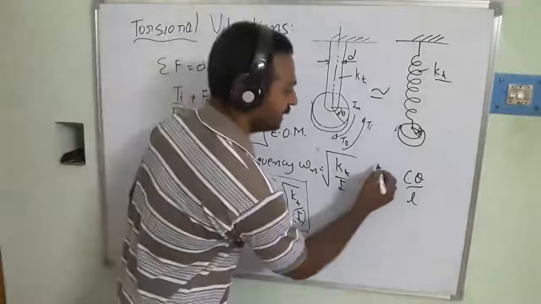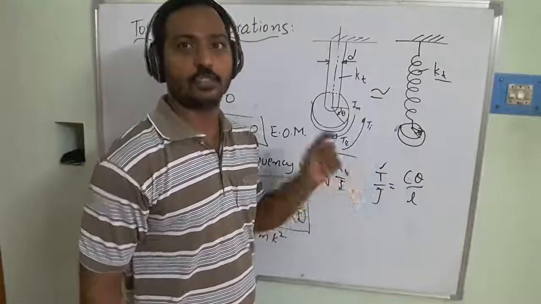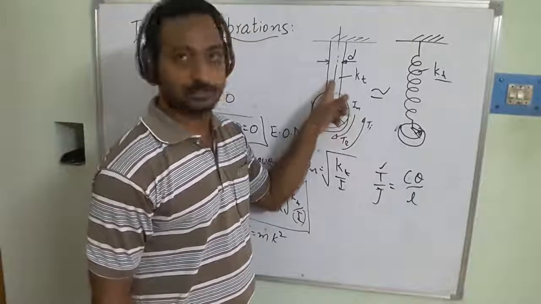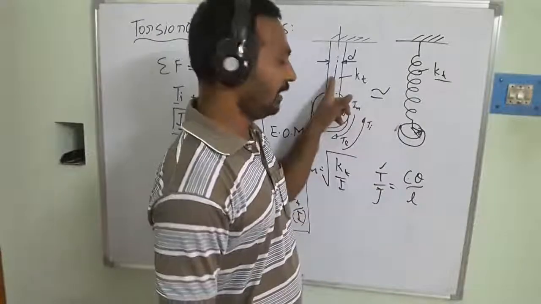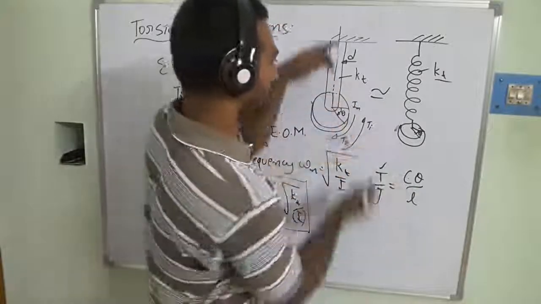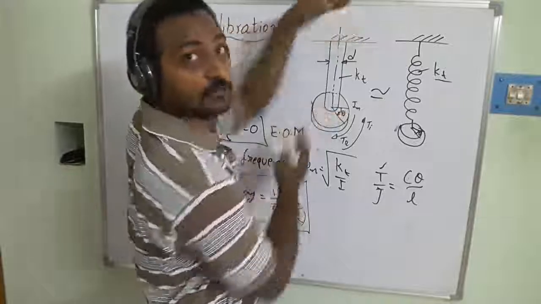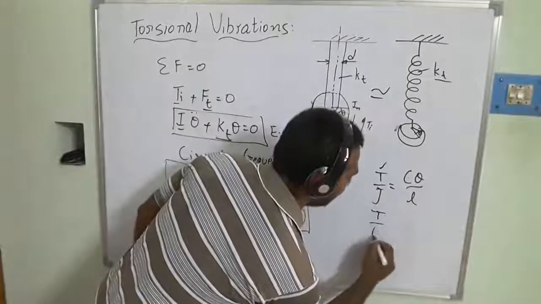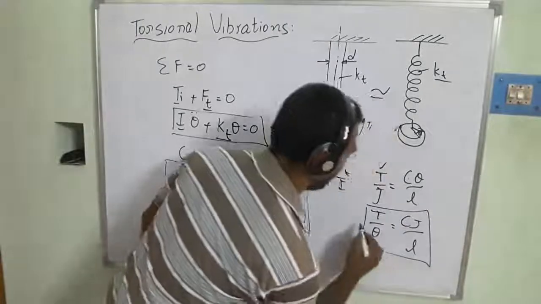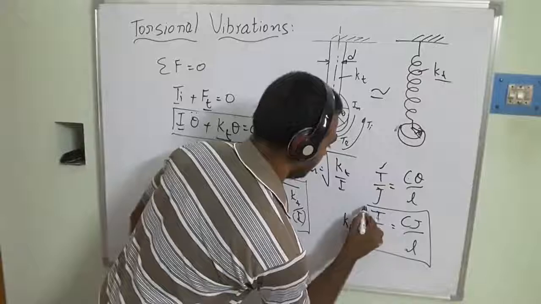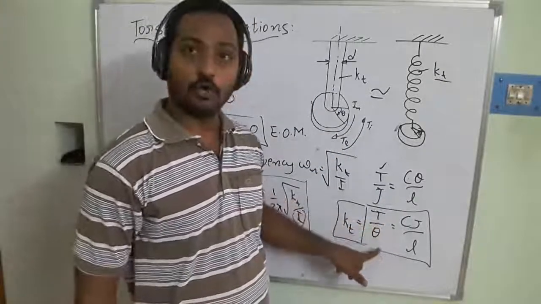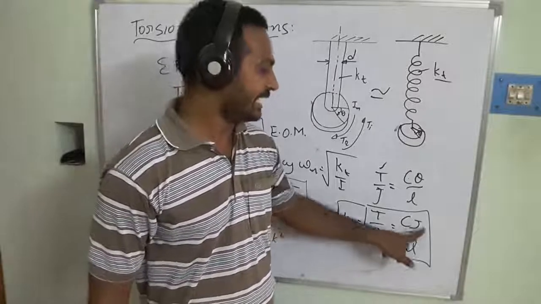So in this case, the T is going to be the torque. This is going to be the force applied on that system. And next one, J is going to be the polar moment of inertia of this shaft. C is going to be the modulus of rigidity, and theta is the angular displacement. L is going to be the total length of this shaft. So then T by theta is equal to CJ by L we are going to be taking, right? And this is equal to kT. kT is nothing but the torsional load by the torsional deflection, that is equal to CJ by L.